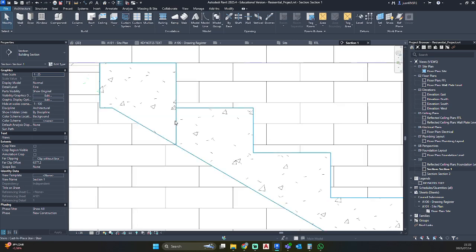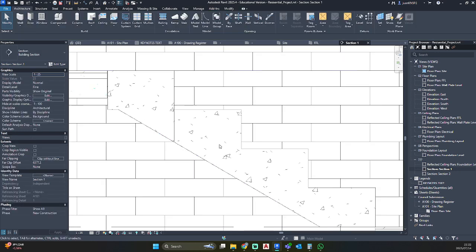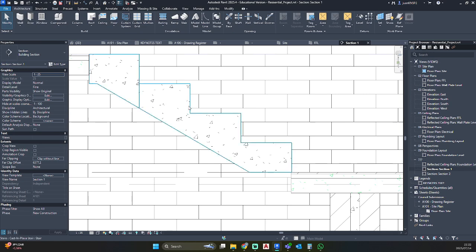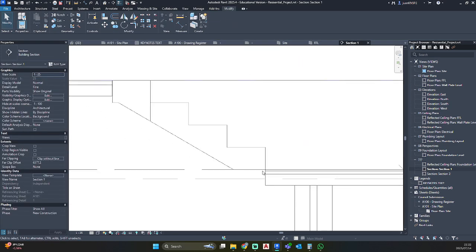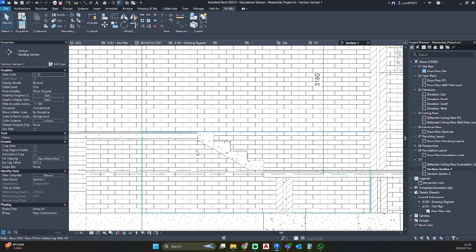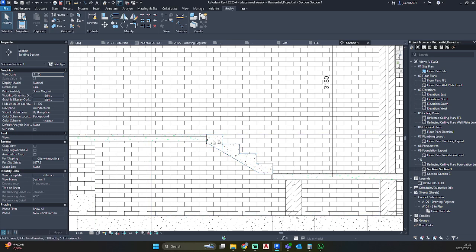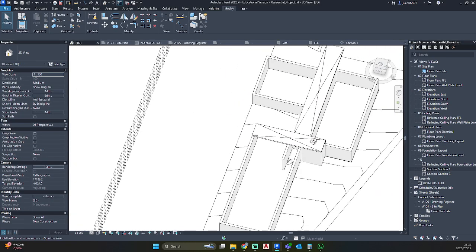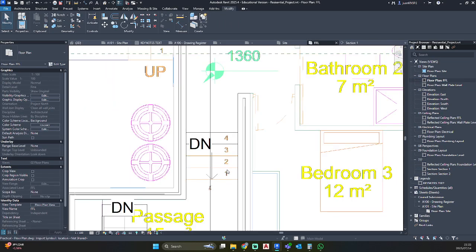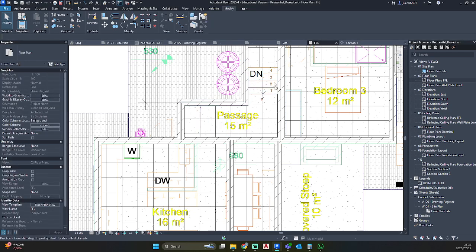Still not what I wanted, because that line is not supposed to be there. But for now, I could just leave it as is, because this stair looks a lot better than the first one that I've created, but I've done it exactly the same way. So I'm not quite sure why that is happening.